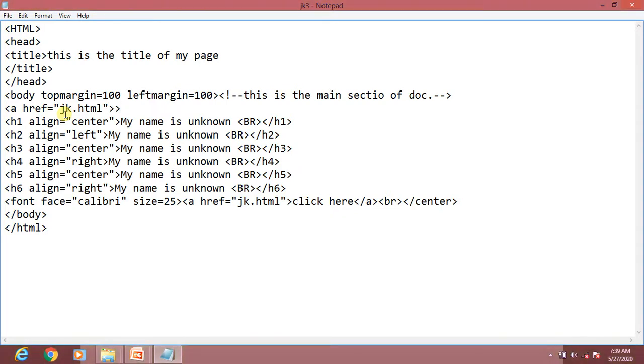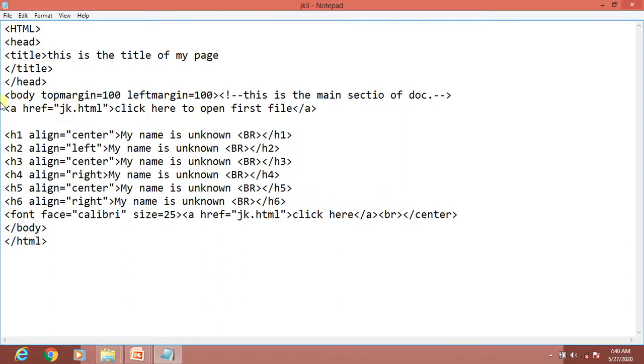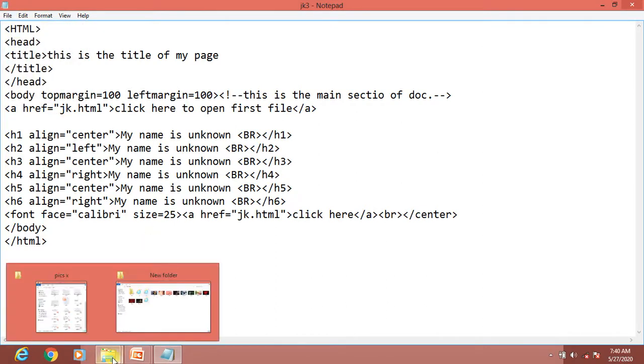Now close the angular bracket, then write the text: click here to open first file. Then close the anchor tag. Now let me first check this one, save it and execute the file. Then I will show you other files also.